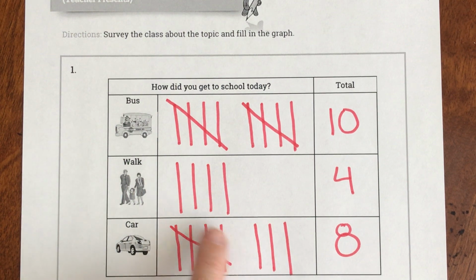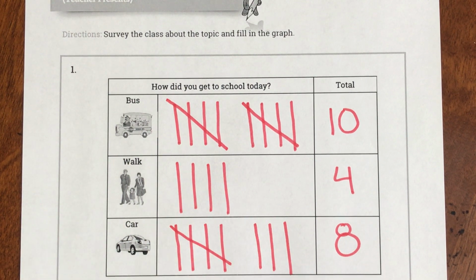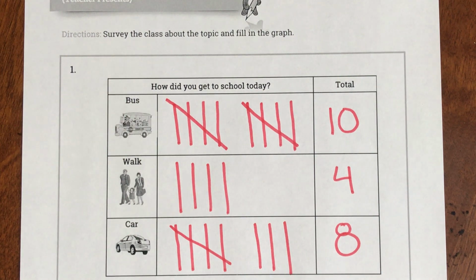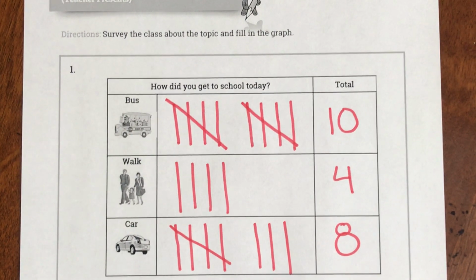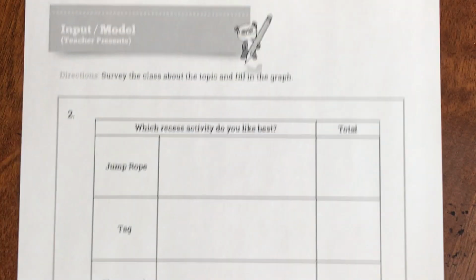So I have 5, 6, 7, 8. But it makes it easier to create these groups of 5. Okay, I'm going to do one more for you, ladies and gentlemen, before we do some together. So here,